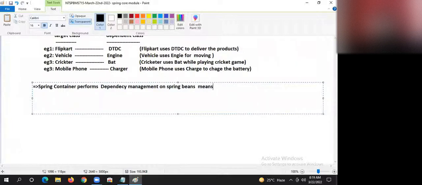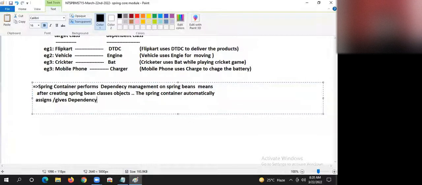It means that after creating Spring Bean class objects, the Spring container automatically assigns or gives the dependent Spring Bean class object to the target Spring Bean class object.